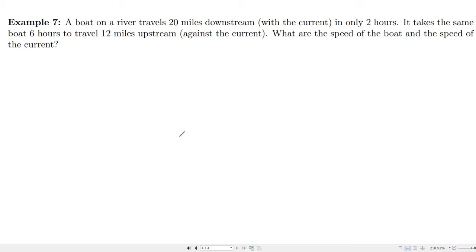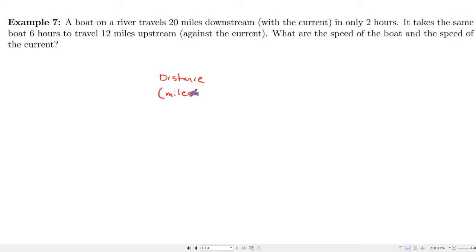And what are the speed of the boat and the speed of the current? So what's the speed of each of those things? So if you read this section in the book, example 5 is a very good model and has a good strategy for this. So the equation that we're going to use here is, so distance, and in this case it's in miles,